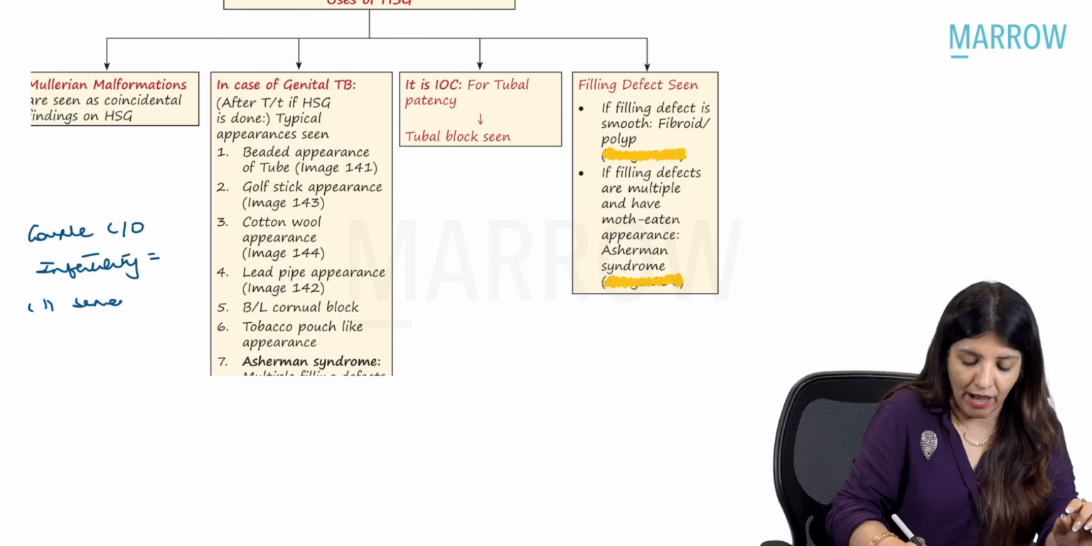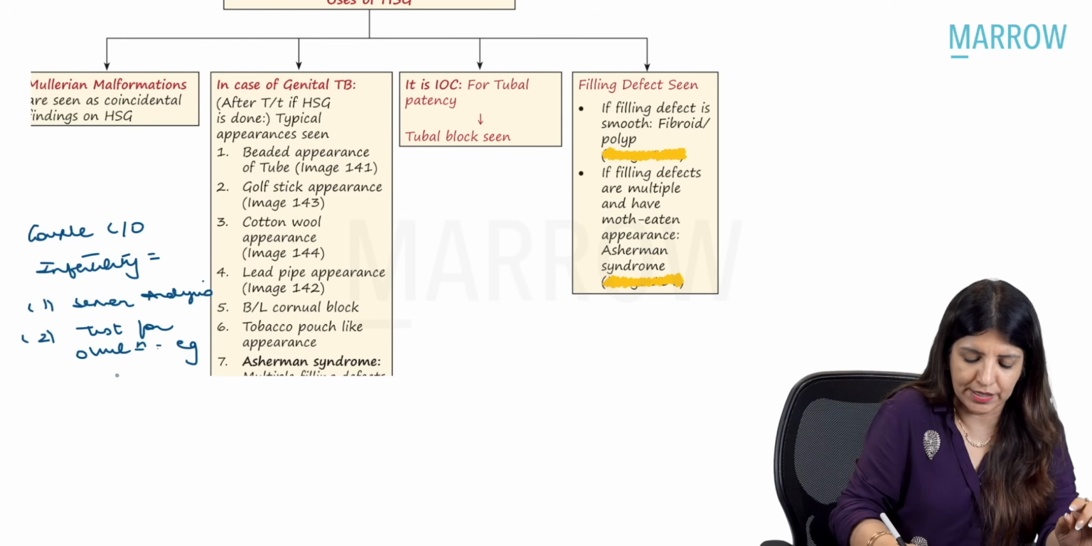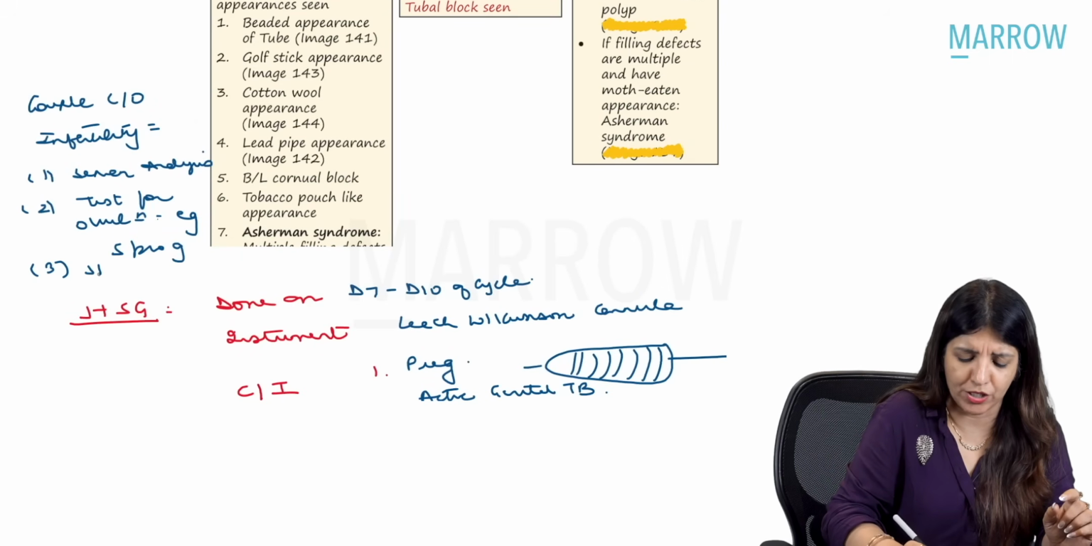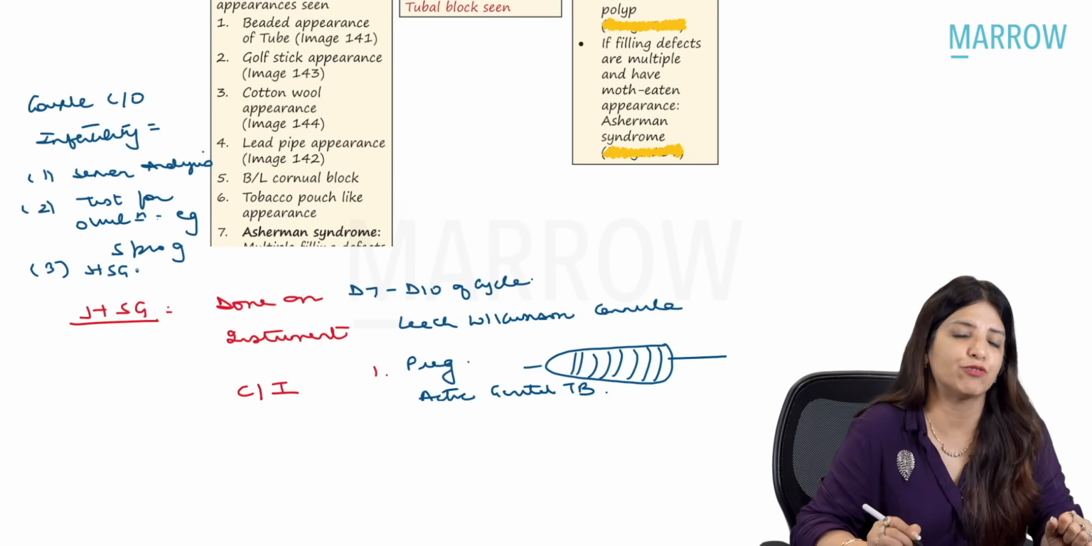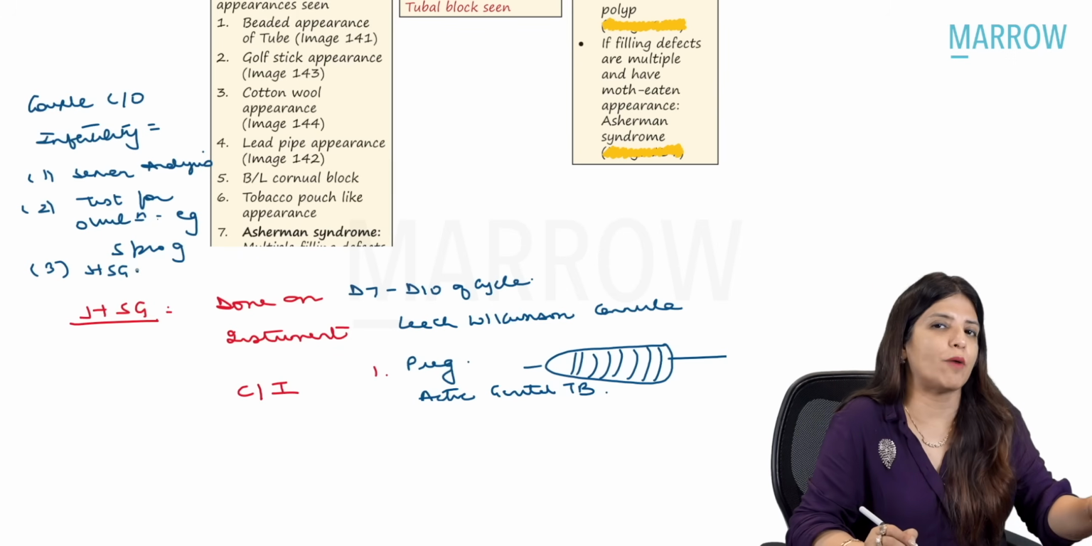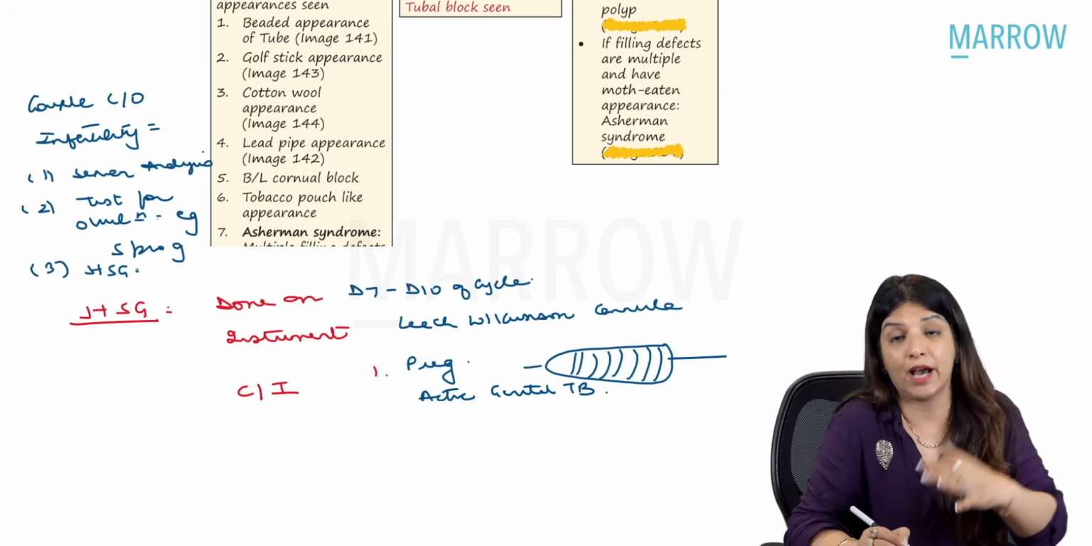Number 1, I have to get a semen analysis done. Number 2, I have to do a test for ovulation, for example serum progesterone levels. And number 3, I have to see whether the tubes are patent or not, and that is why I will have to do HSG. Now, in a genital TB patient the most common complaint is infertility, and